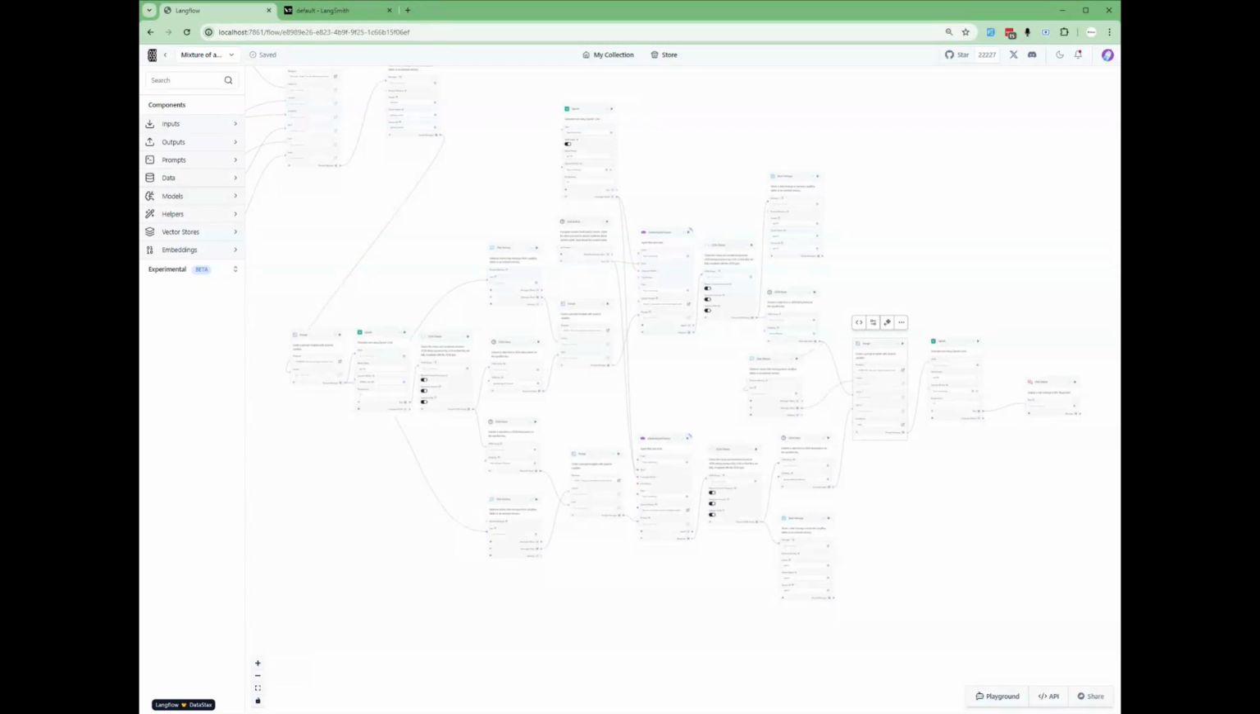Hello, today I want to show you a more advanced approach to building flows in Langflow. This approach uses a combination of components that incorporate mixture of agents and advanced prompt chaining methods built within Langflow. For those that don't know what Langflow is, what prompt chaining is, what mixture of agents is, first of all, Langflow